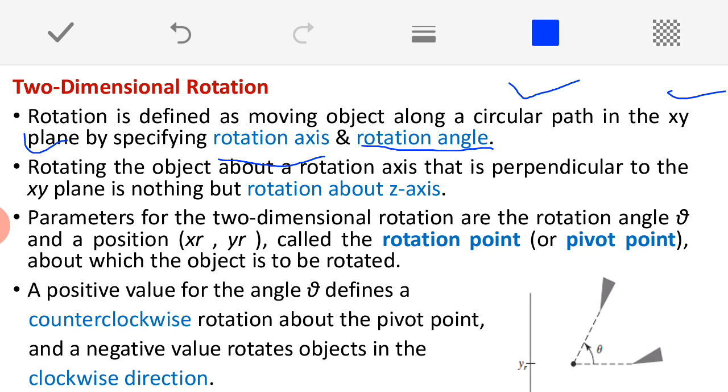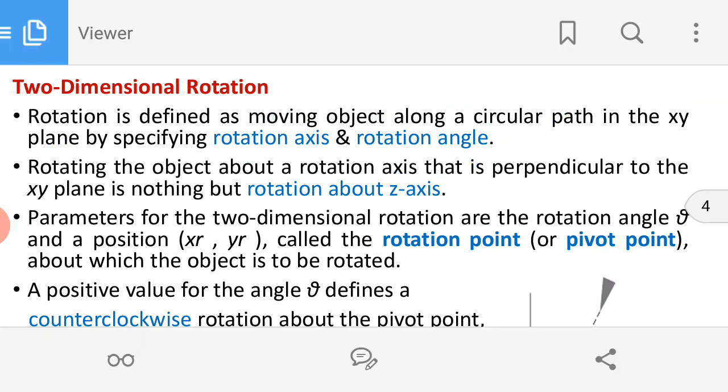Whenever you want to perform a rotation, you are moving the object along a circular path, that is the first thing. And the second thing is, to perform this rotation, you will be doing it on what? The xy plane, as it is 2-dimensional, and the rotation will always be done with respect to some rotation axis. There are three principal axes: x axis, y axis and z axis. Is it clear? So, rotation should always be done by specifying one axis, that is very important, and with what angle I want to rotate, this is also very important. We need this parameter over here. Okay, that is the first point.